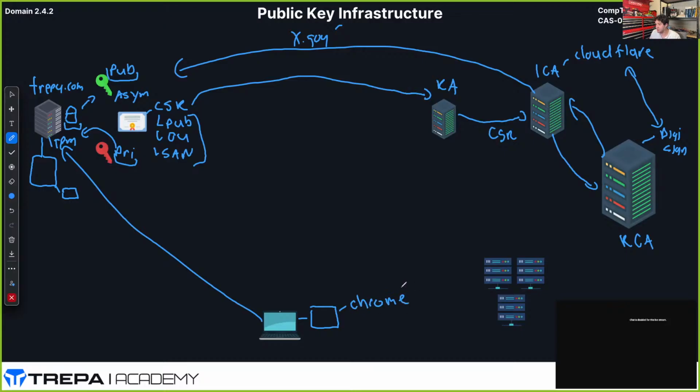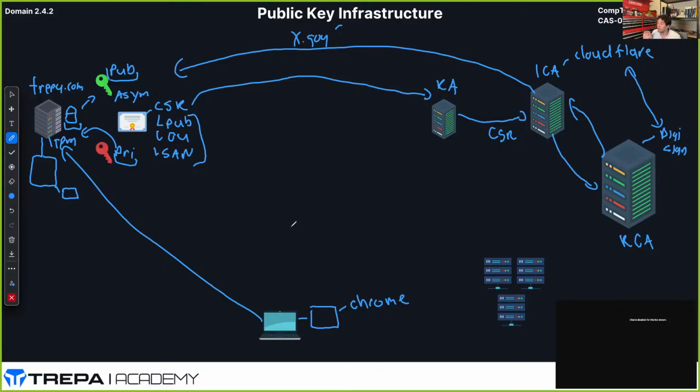When I go and download Chrome, baked into that web browser is a list of trusted CAs. Because I'm telling you that the root CA and the intermediate CA are trusted, but trusted to who? To the web browsers. So web browsers, Chrome, Firefox, Edge, Safari, all have baked into them a list of root CAs and intermediate CAs that they trust inherently, okay? So a big one like DigiSign, like I wrote up there, is going to be baked into Chrome that says,